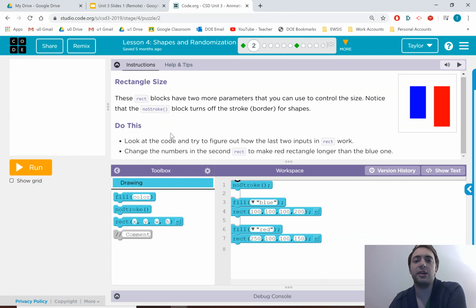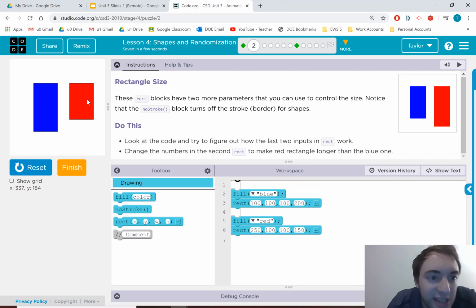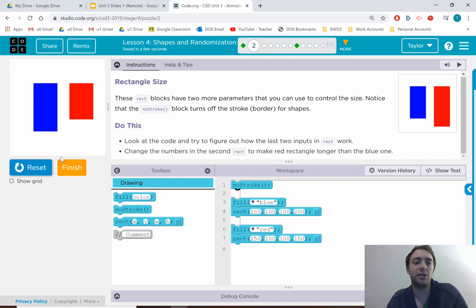But before we get there, let's jump in here. It looks like a lot to get through, but many of them are very small. The goal is to get to lesson 7. That's the thing I'm grading. But to get there, let's just practice some stuff. Automatically we see more options for a rectangle and this other thing called no stroke. If I get rid of no stroke and I run this, it's kind of hard to see, but if you get close, there's a black line around the red. But if I bring the no stroke back, there's no black at all. So it's just the shape without the outline, which is fun.